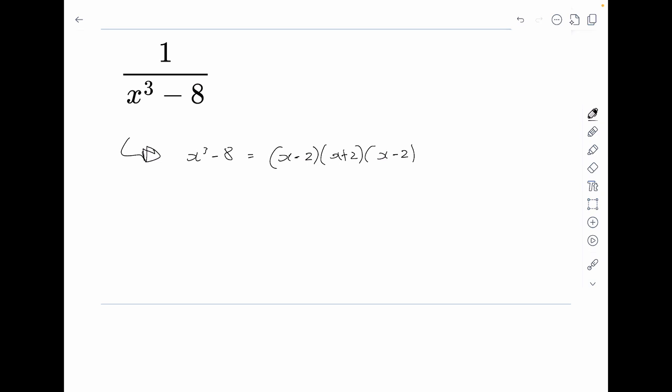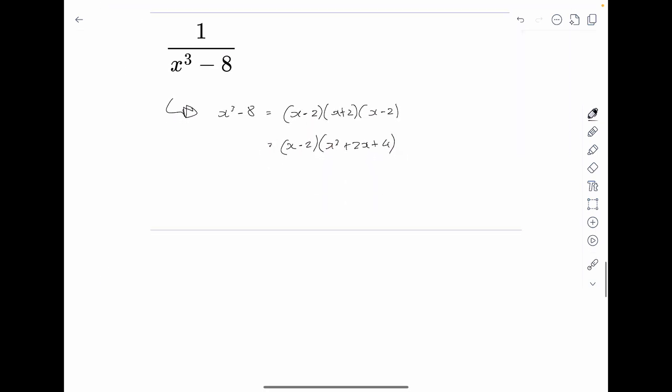And so, what does that look like? Well, what that results in is x minus 2, x squared plus 2x plus 4. And so, this is naturally irreducible. Okay, that's irreducible. So therefore what we get is 1 over x cubed minus 8 is equal to this here,